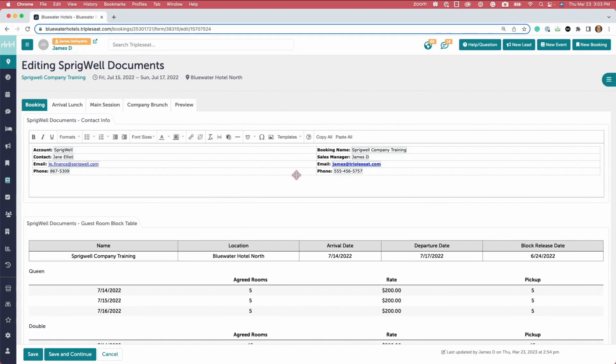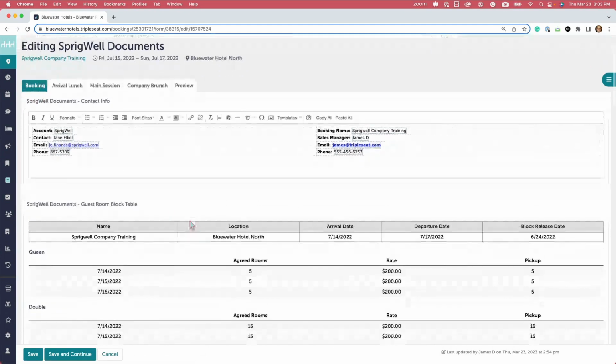And all that information is predetermined of where it's going to land. Some will show in your contract, some will show in your BEO or both. Certain things will only show on internal documents. So as we get into your docs, we're always going to land on that booking tab. And as we scroll down,